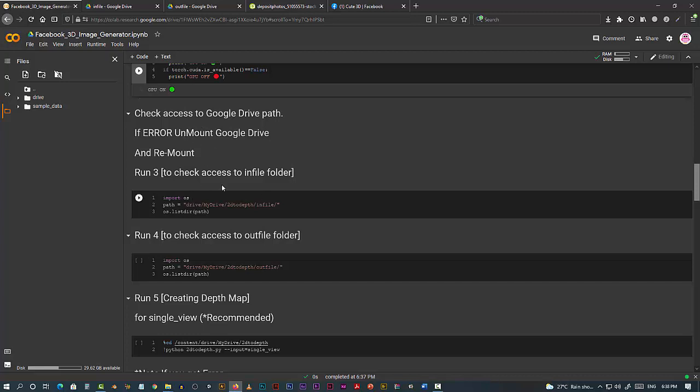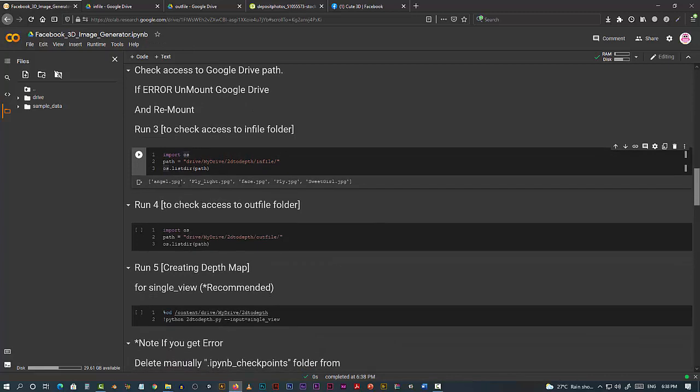you try to access your Google Drive using Python code and all, at some point it just does not show anything. I mean, it's totally null. So to make sure that you are still connected to your Google Drive, this is the best way I found. So I'll just run this. Yeah, it is showing me the files, so it is working, so I can still access it.